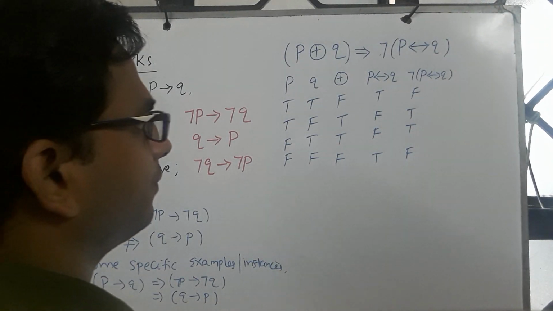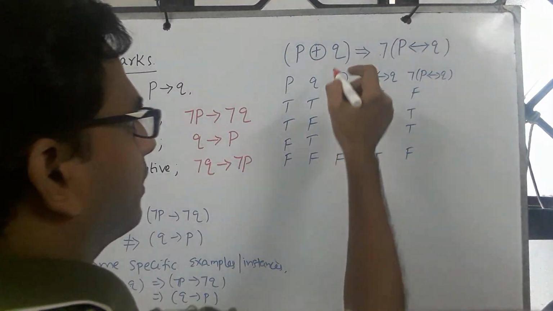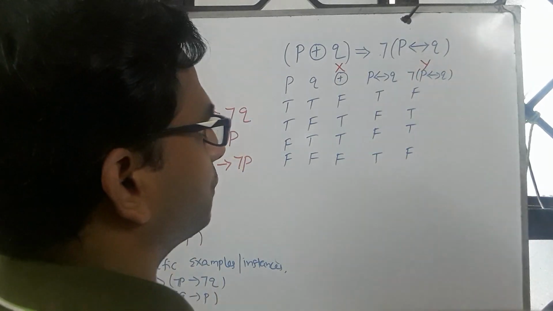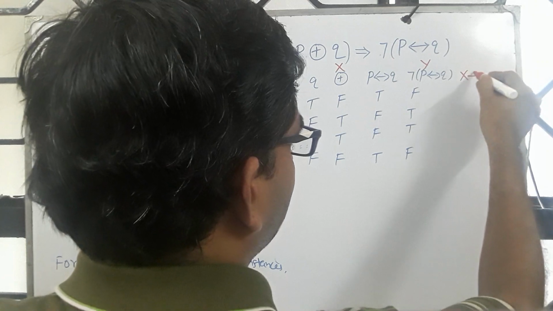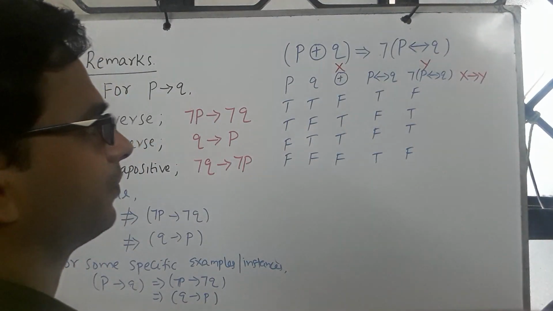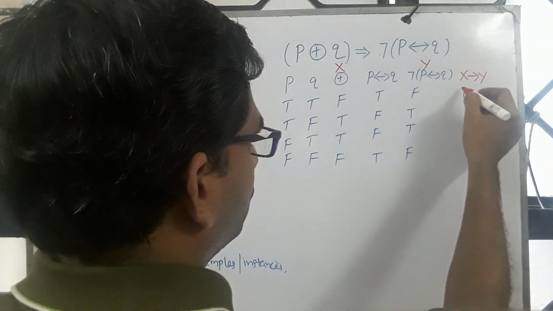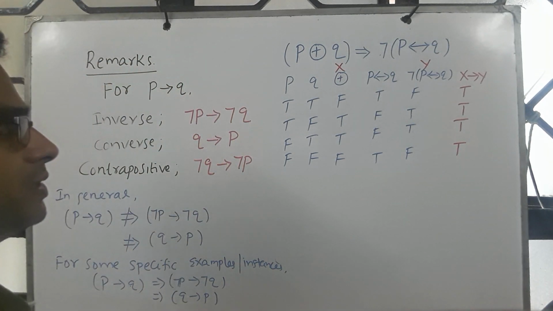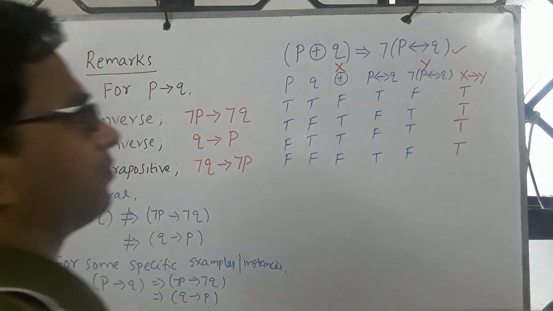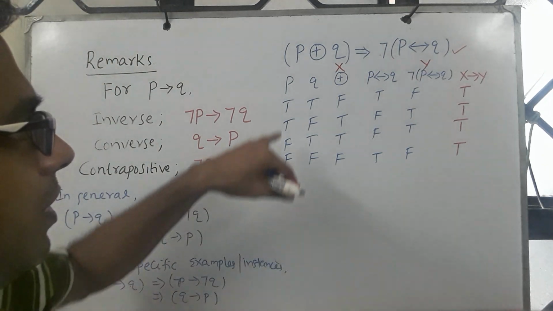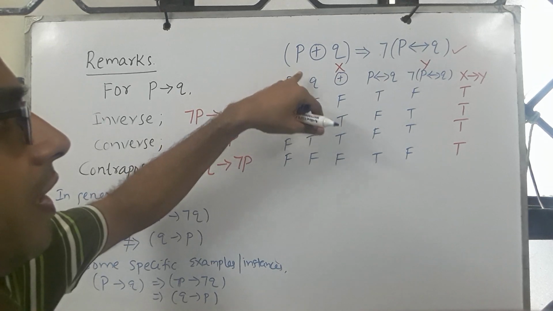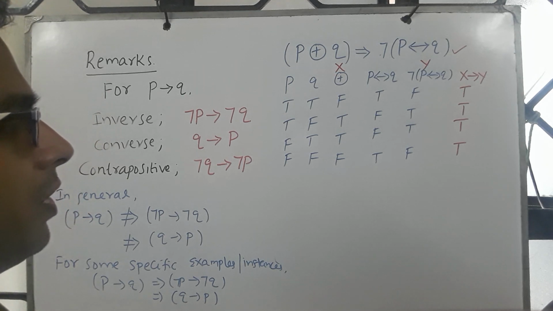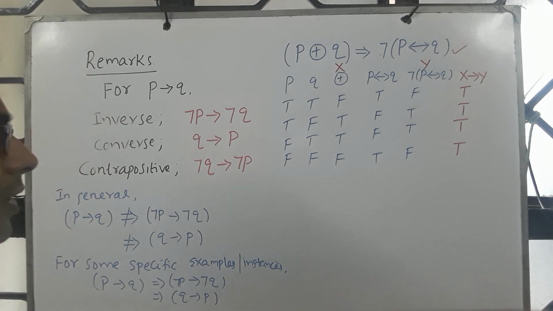Now we have plus circle, which I call X, and negation of this which I call Y. Now we want to know whether X implies Y is a tautology, and X implies Y is true, it's true and true, which means this one follows logically from this, and this is implied from this. Okay,